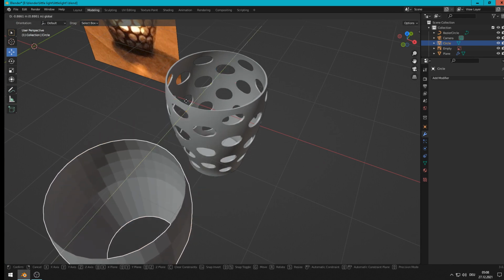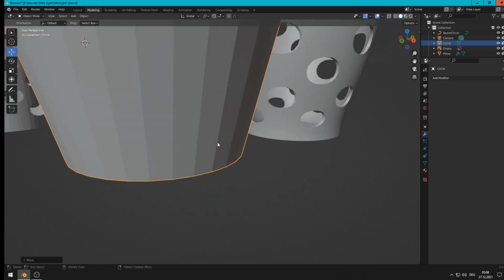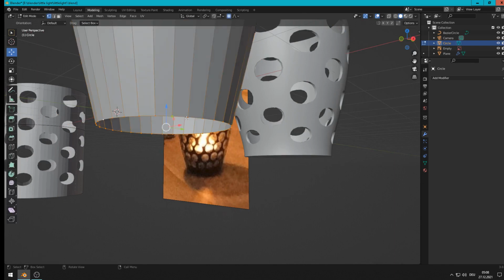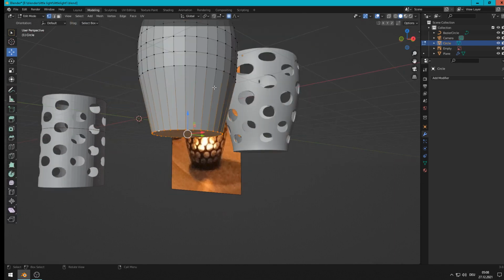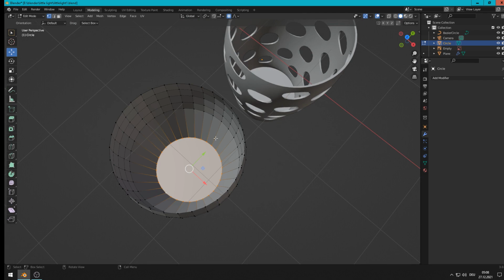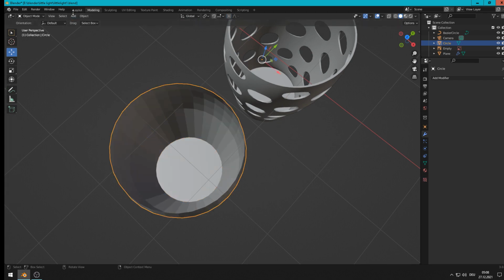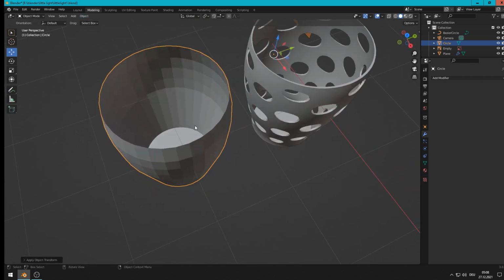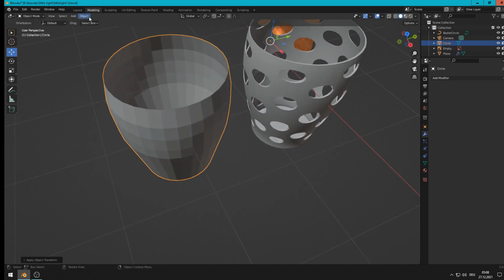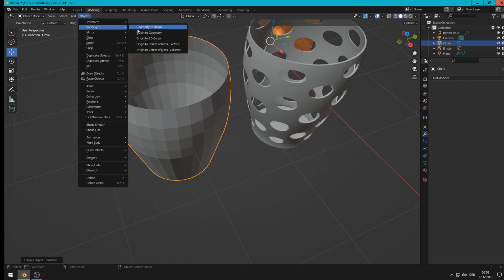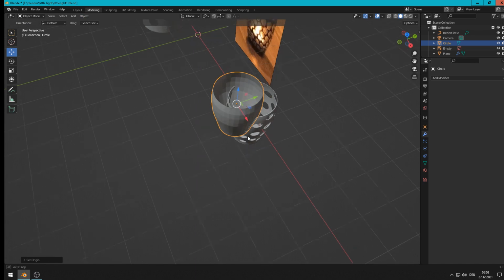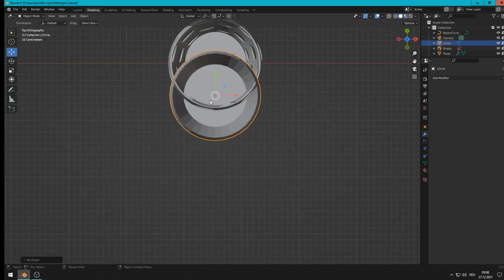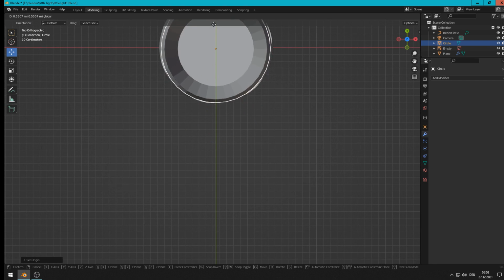That should be the class that comes into it. So here we close the down part with F. Then this needs a thickness 2, but before we must apply the rotation scale of the object. You see the origin is at the other point, so that means the origin should be to the geometry, and now it's in the middle. That's correct. We now put it into the other one,